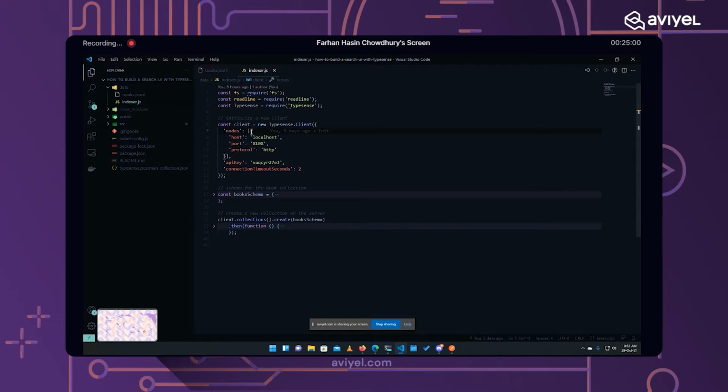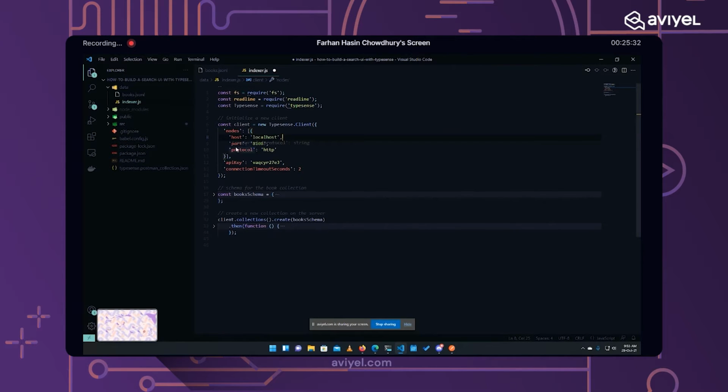A node is a TypeSense server, and a node must have a host, a port, and a protocol. In our case, the host is localhost, but in a real life scenario, if you're making a bookshop, it can be something like search.book.shop.